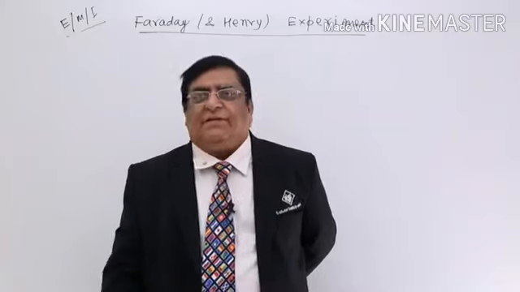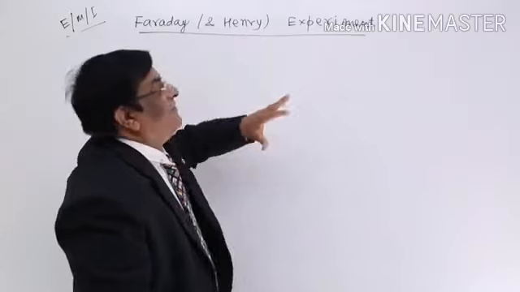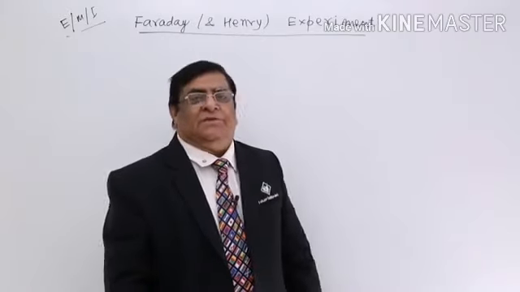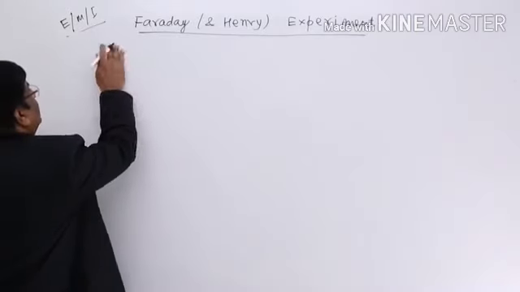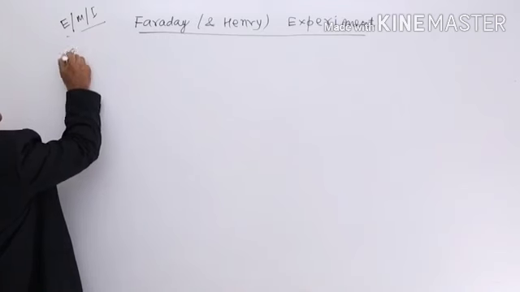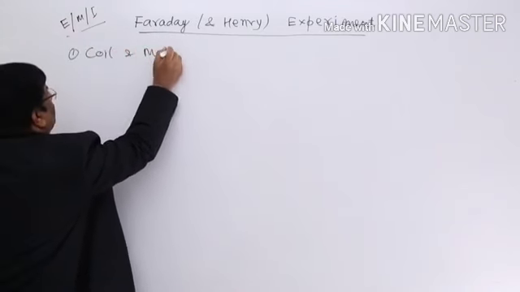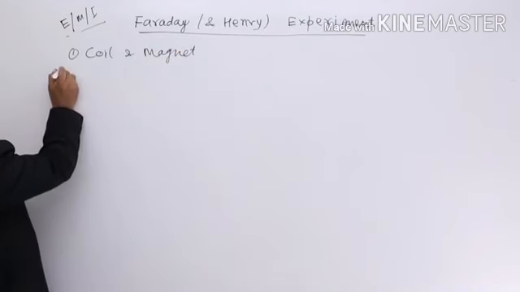We will study an experiment which was done by Faraday and Henry and which led to this principle. The experiment was this way, that there were two experiments. One was done with a coil and magnet. In this, there is a coil,